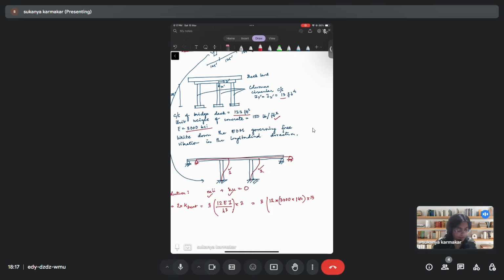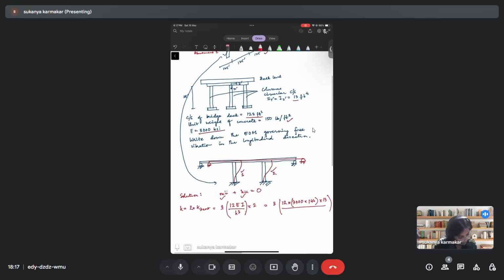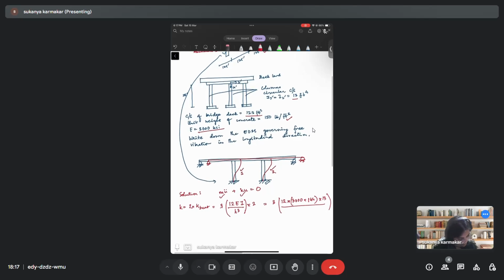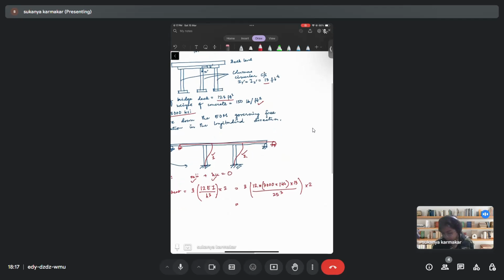Unit is feet to the power 4. So 13 by height is 25 feet. 25 to the power 3 into 2. So if you solve this, this will be 25880